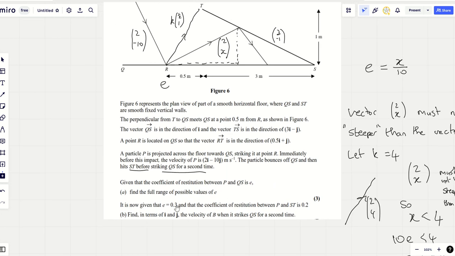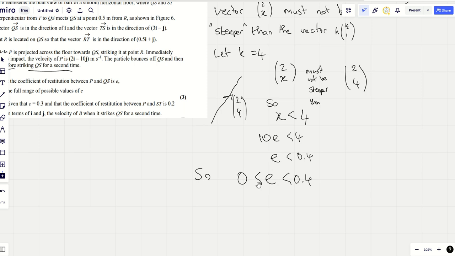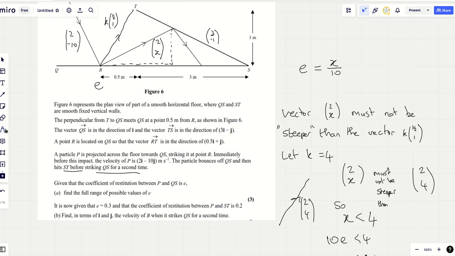Okay, they now tell you E is 0.3, which happily satisfies our condition, so that's looking more and more right. And so I'm going to put E equals 0.3 here. And on the other wall, E equals 0.2. Okay? Now really, I mean, it's worth 7 marks, this question. But really, when you break it down, how much is there to it? E is 0.3. And as x over 10 is E, we know x is going to be 3 here now,